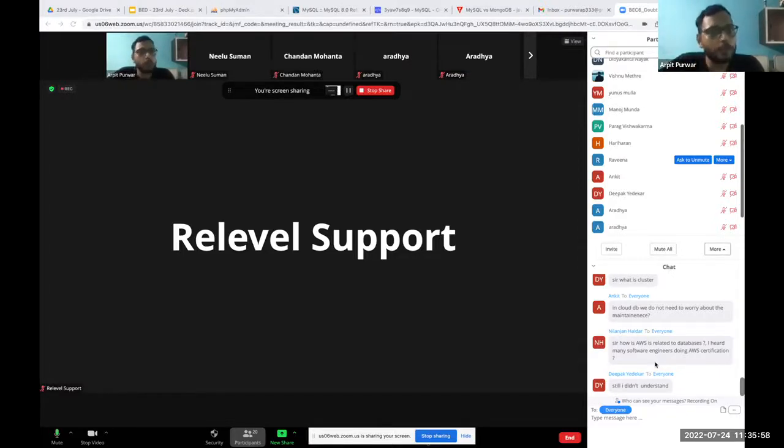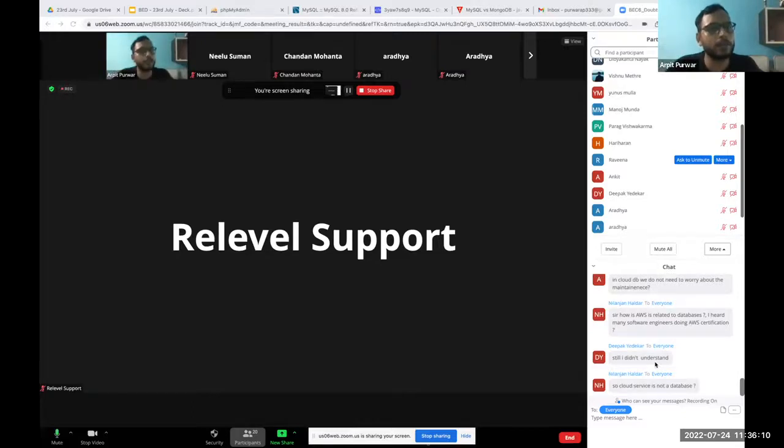Whatever I told you about the cloud, the renting part, all AWS does. AWS also rents databases, servers, storage, virtual infrastructure, virtual network, a lot of things AWS provides to you. So AWS and database are not comparable. Databases are a different thing for storing things. AWS provides a lot of services to you on a rental basis. So both are separate things.